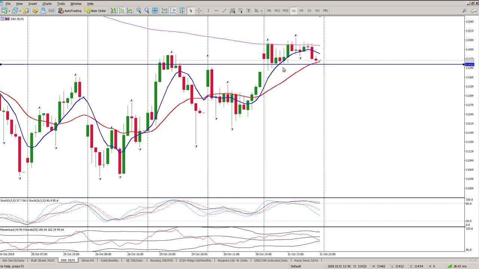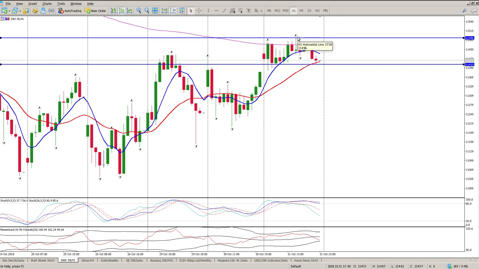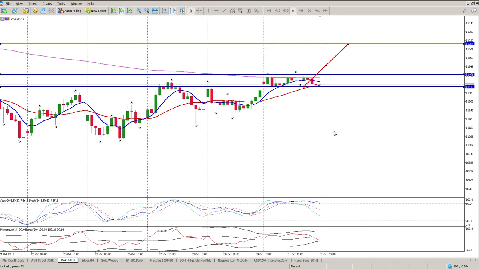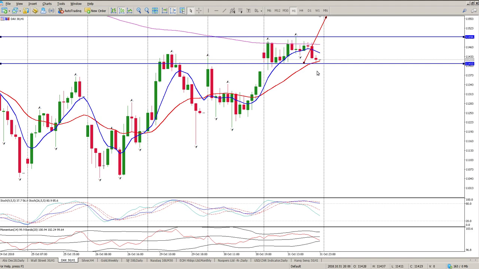I don't have a fractional level to the downside, which is a bit of a concern. But if we do break above, pick up on that tail. If we do break above 11,496, expect more downside, and your measured move then is going to be from here to here. That would validate a channel more than a wedge. So if we break above, you're looking for 11,700, and if we break to the downside,